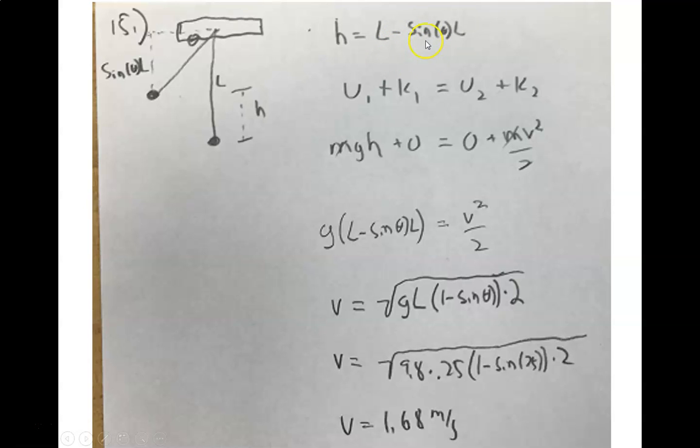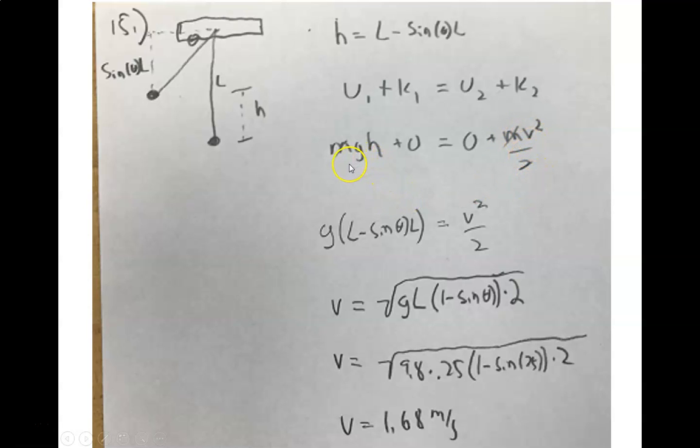So we're going to look at this in terms of conservation of energy. U1, our initial potential energy, plus our initial kinetic energy equals our final potential plus our final kinetic. The initial potential energy that we're starting out with is gravitational potential energy. There's no spring energy or anything, and that's mgh. Our kinetic energy initially is 0, so we just leave that as 0. Now at the bottom of its swing, we're going to say that's my 0 potential energy elevation, so we consider this to be our 0. And then plus my final kinetic energy, so mv squared over 2.